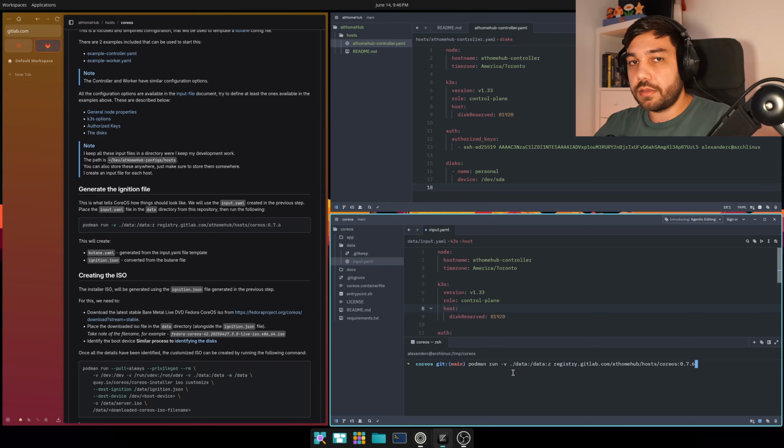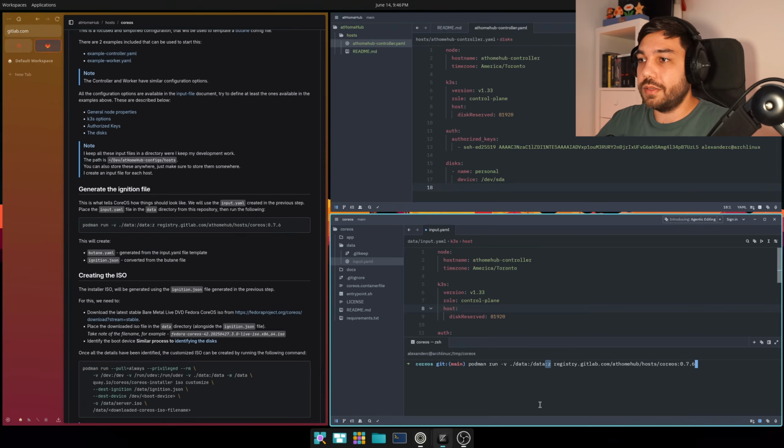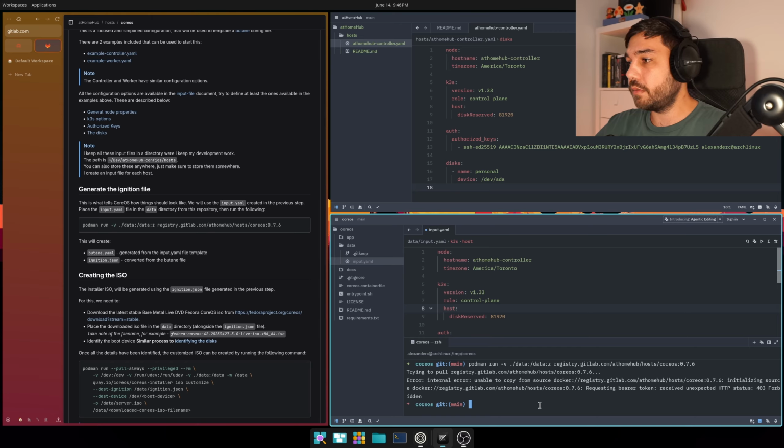Podman is an alternative to Docker. It does basically the same thing, only Podman is open source and kind of better. If you use Docker, just do docker run instead of podman run, and don't specify this colon Z here. That one is something specific to Podman, something with Linux, and I can't remember what, but I just know you need it. But if we run,